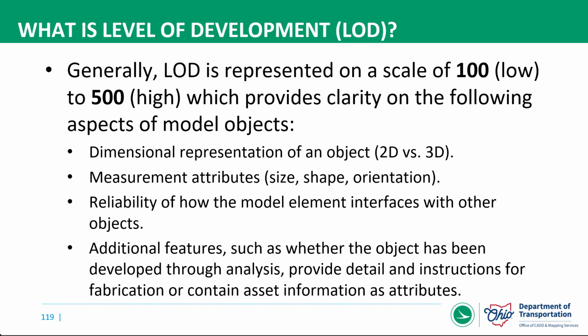Measurement: the size, shape, orientation, reliability of how that model element interfaces with other objects. And when we say that, I mean, how does the asphalt interact with the current concrete curb that's adjacent to it, or how does the column that it's inside of? And another feature